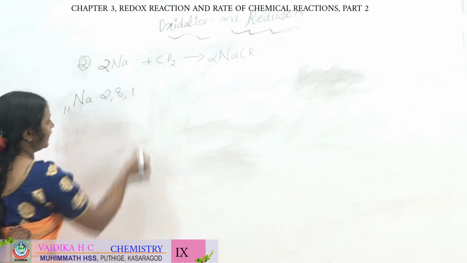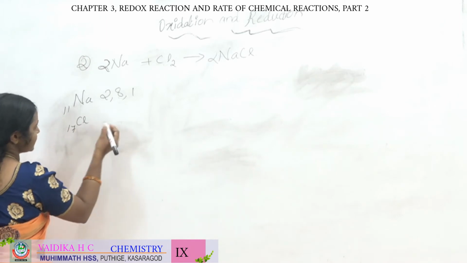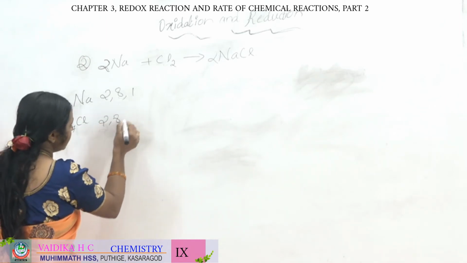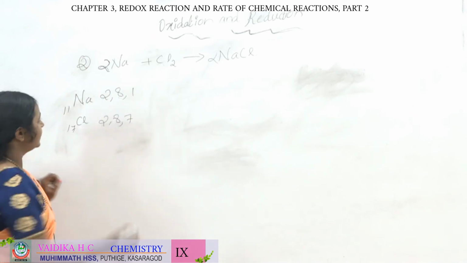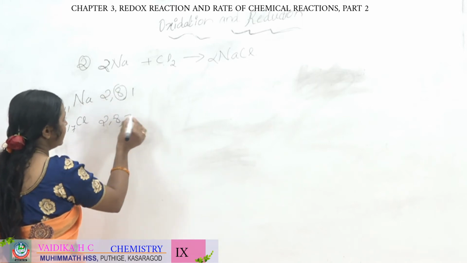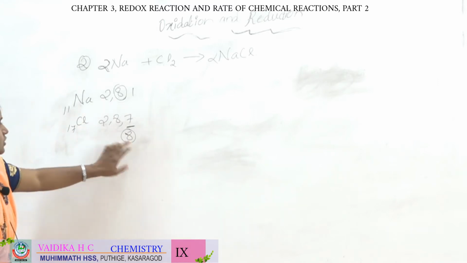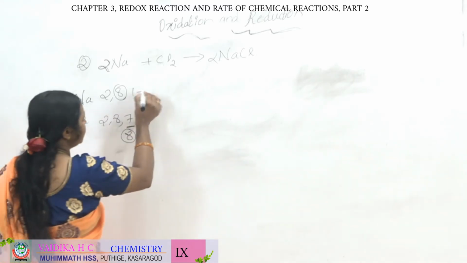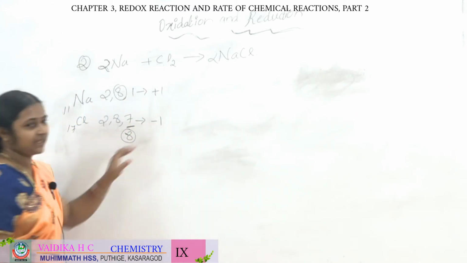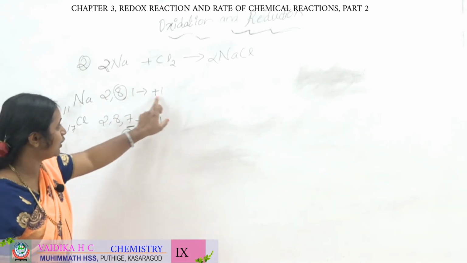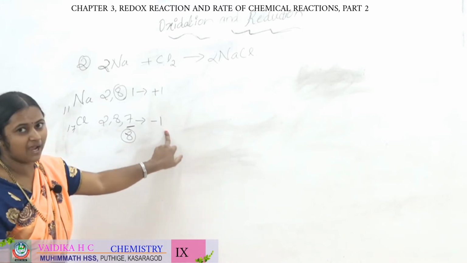So its electronic configuration will be 2, 8, 1, and chlorine has the atomic number 17 and its electronic configuration will be 2, 8, 7. So here you can see 8 electrons. If you take the 1 electron, it will form the 8, right? So the octet rule is followed. Here sodium will lose the 1 electron and chlorine will gain the electron. Loss of electron can be written with +1 and gain of electron can be represented by -1.